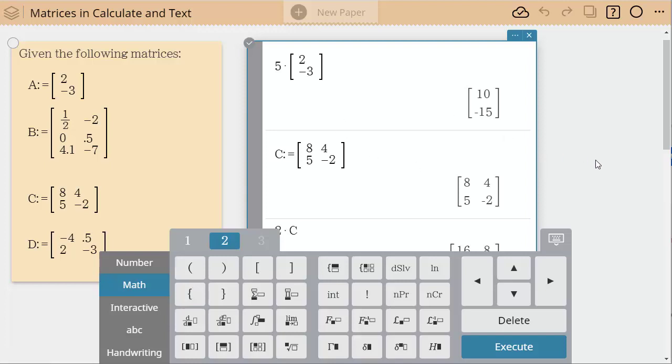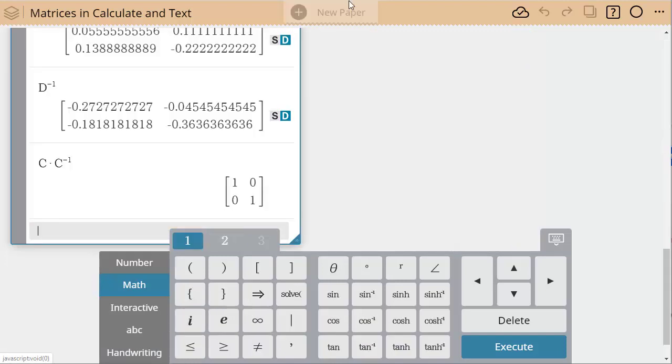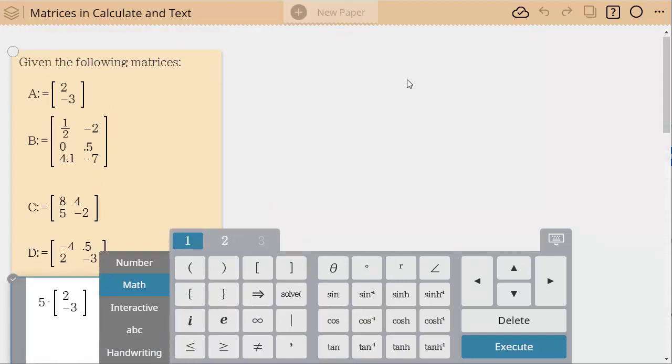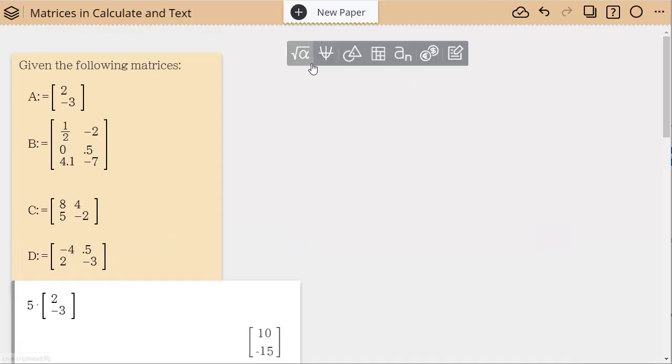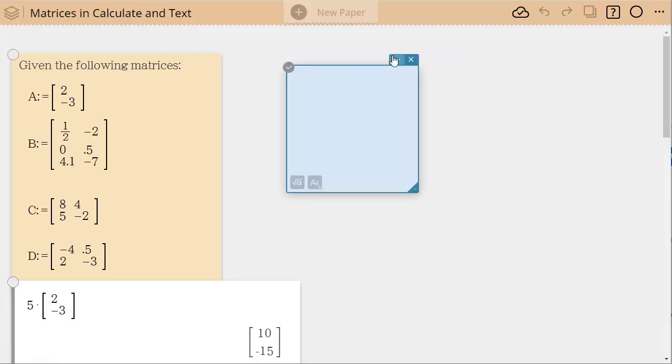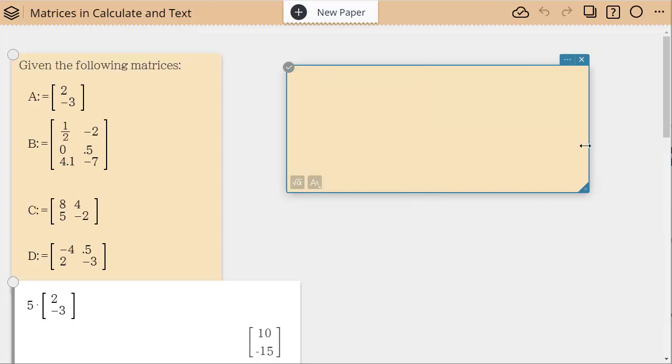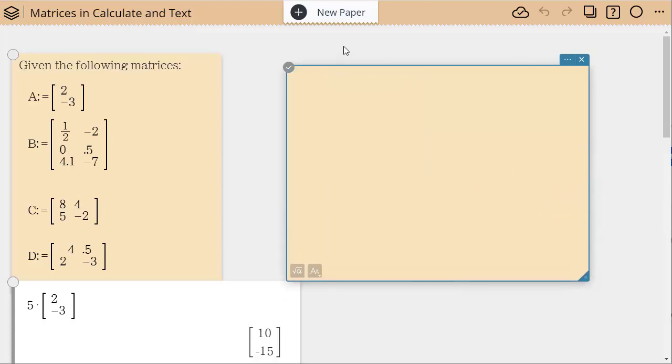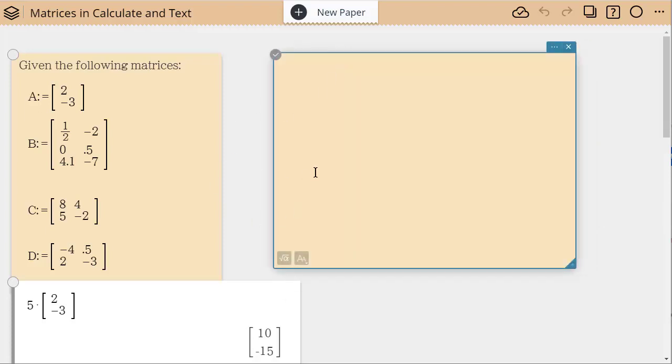Well, let's say you don't want the calculator to do all the work and you want your students doing the work. So let's move this down here and let's get up a text box. So let's say I want the students, maybe they've done the addition, but I want to see that they did the work themselves. So this time I'm going to pull up a text sticky. And I want you to just notice the text sticky doesn't have any calculator features. It just allows you to enter matrices and work with them. So let's say I wanted the students to add C and D and show me their work.